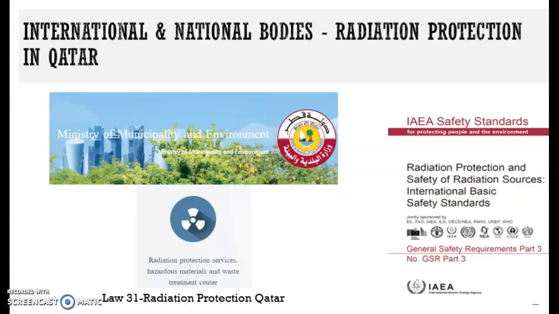So what regulatory bodies do we ascribe to here in Qatar? Well, the answer to that is the Ministry of Municipality and Environment of Qatar, which is Law Number 31 to be specific, and the International Atomic Energy Agency. The State of Qatar is a member state of the IAEA Radiation Protection Organization. CNAQ, however, goes a step further and not only embeds Qatar Law 31, the IAEA and the ICRP regulations, but also follows the Canadian Nuclear Safety Commission regulations, namely Safety Code 35.